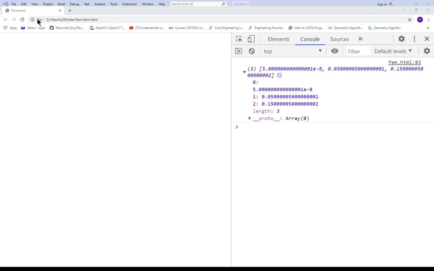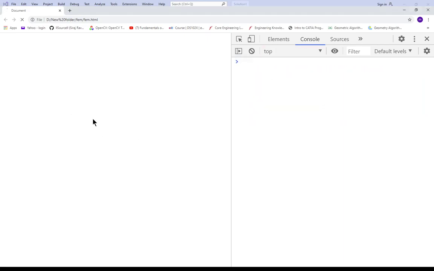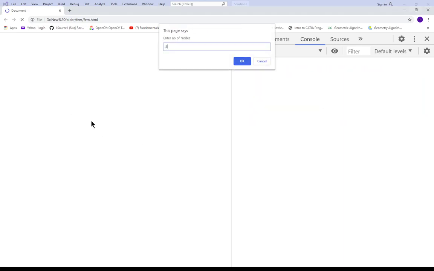Okay, so I just hit save and maybe reload it. Enter number of nodes 3, first area 100, modulus let's say 2e5, length is 200, area is 50, E is 2e5, length is again 200.